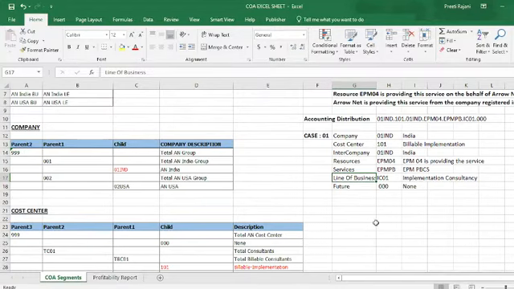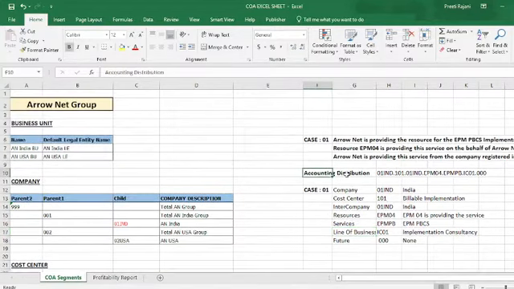So when you will pass a journal entry for this case, the accounting distribution you can see here 01 IND, that is your company. 101, that means the cost center applicable for this service is billable implementation, and that is 101. Again in the intercompany you are taking 01 IND, and EPM 04 is the resource that is providing this service, and then in the service you are providing the service of PBCS implementation project, so you are taking the value as EPM PB. Then in the line of business you are providing the implementation consultancy, so you are taking IC01, and in the future you are taking the none value.